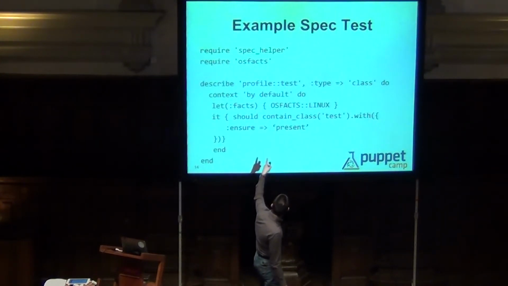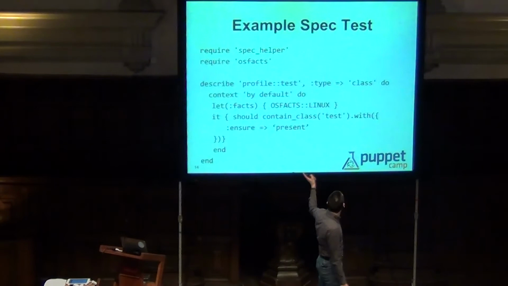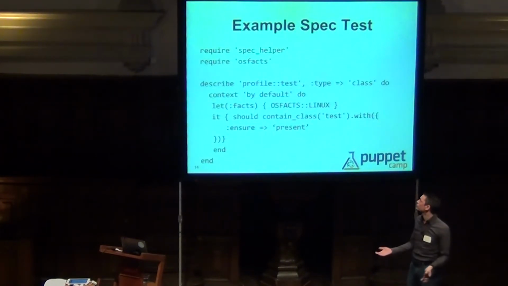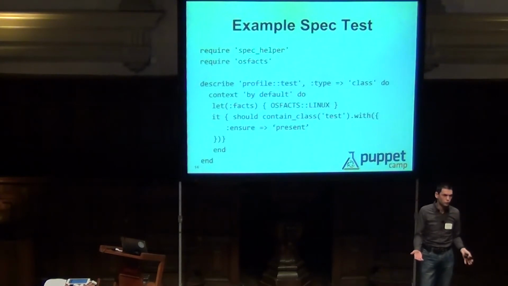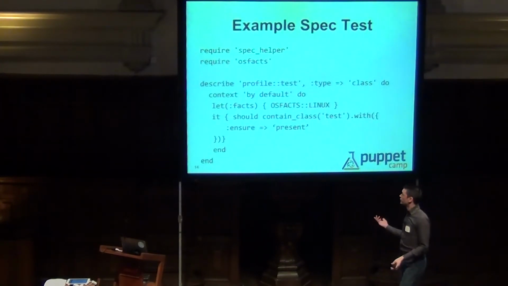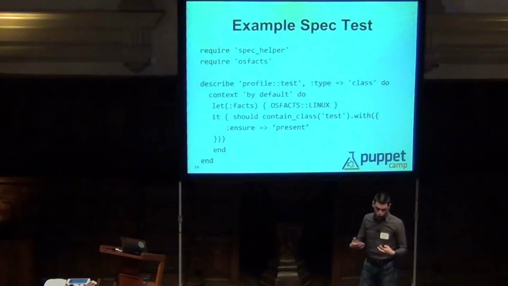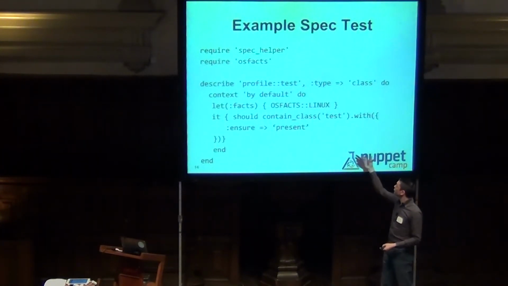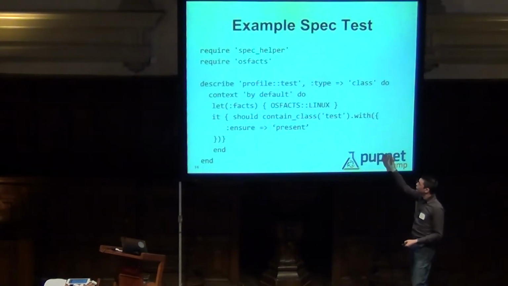As you can see on the top, there's a require spec helpers from Puppet Labs that helps you test Puppet code. So you basically are required to use that unless you want to do a lot of manual stuff. The OS specs is from me, so it's basically two variables that get loaded in. You can use it. And what I do is I make a describe which says that I want to test